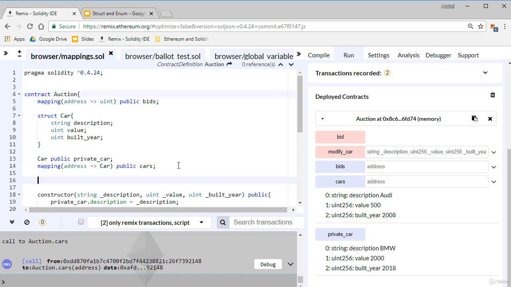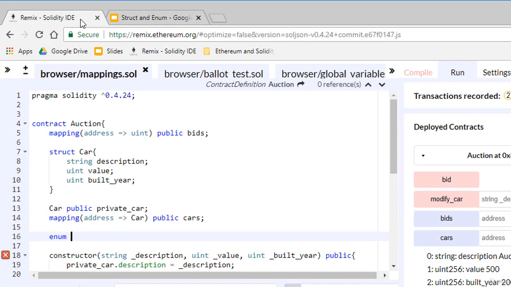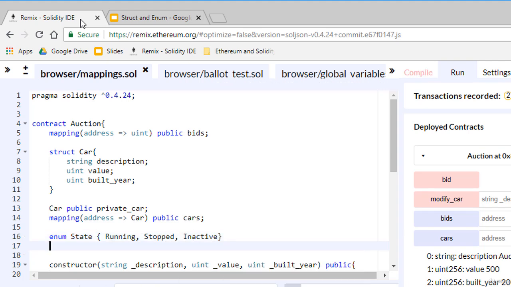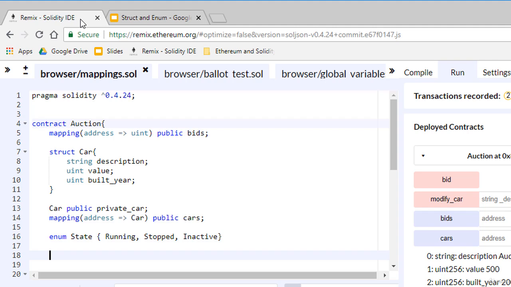So enum. Now the name of the type I introduce, let's say State, and this type can have the following values. So Running, Stopped, and Inactive. Okay, this is a new type I introduced, and now I create a state variable of type State like this: State public, and now the name of the variable, let's say status, equals, I initialize the variable at declaration time,